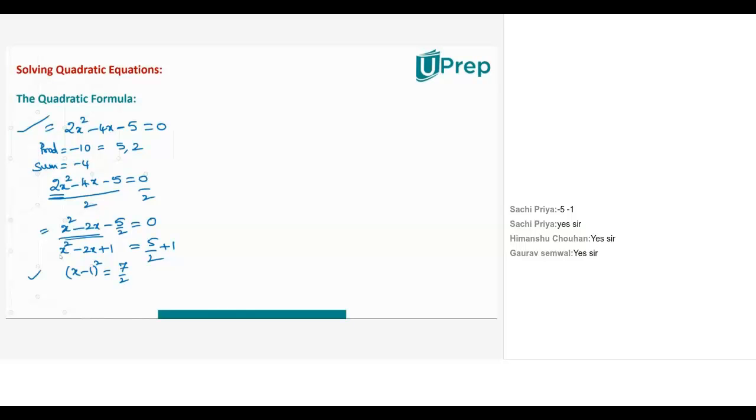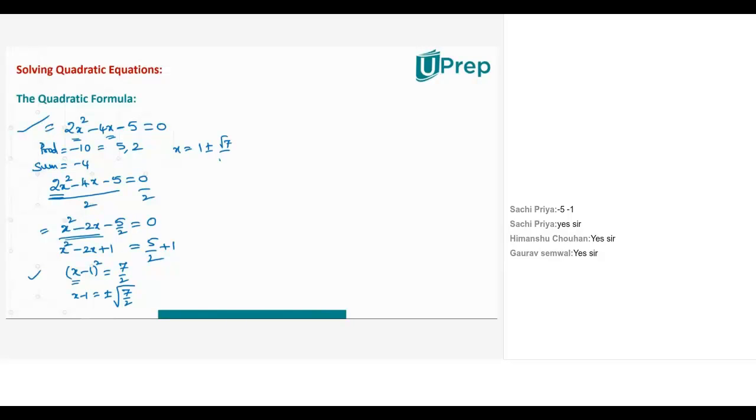Now look at the first line of the question and the last line of the question. In the first line, the variable, the unknown term, is present at two places, one in x square and one in x. This is also unknown, this is also unknown. But if you look at the last line, only one term of unknown is present, that is x minus 1, single term. So we have reduced the number of unknown terms. What happened now? Advantage? X minus 1 became plus or minus square root of 7 by 2. So what is my x value?